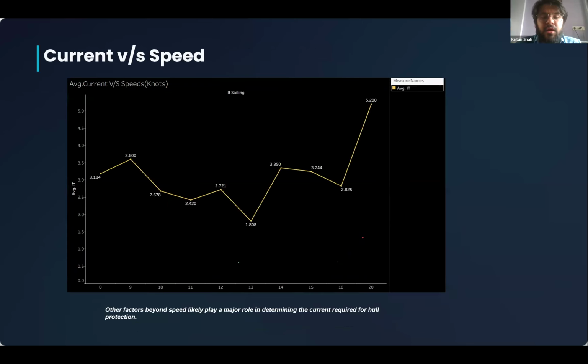The third one is current versus speed, where this concludes that current and speed are not related to each other, because at 13 knots the ship is under 1.8 knots, but